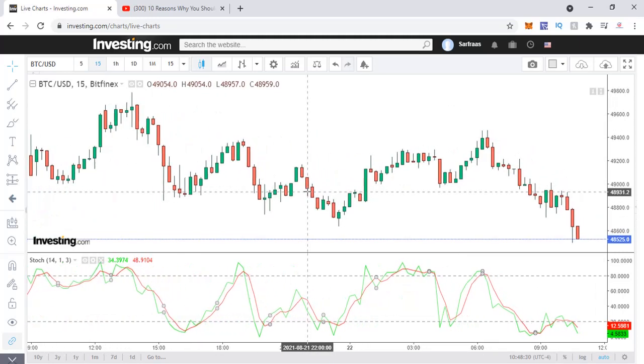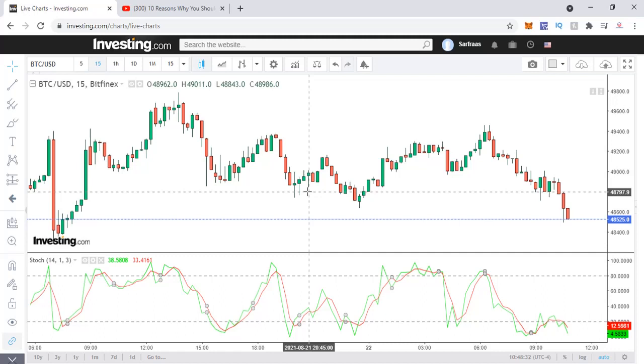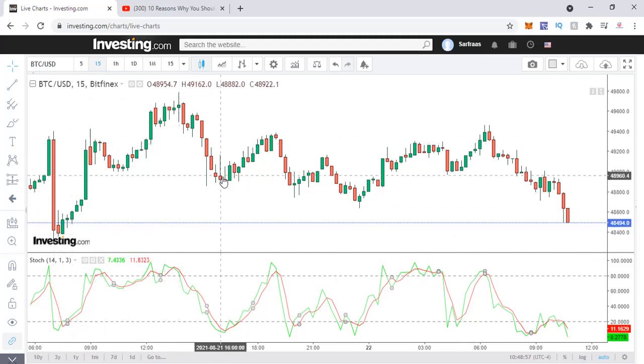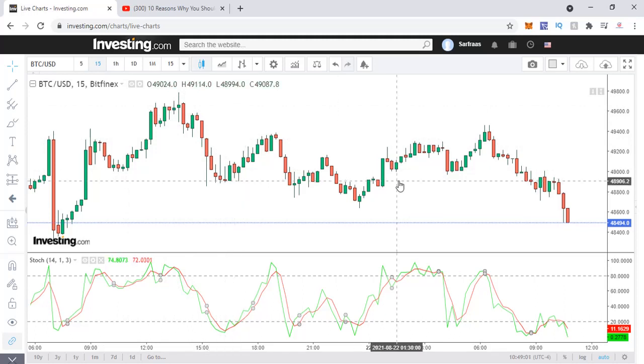So what is stochastic? Stochastic is basically a momentum indicator. What it does is it shows you the change in momentum. Typically you have a trend change, like from bullish to bearish. This particular oscillator picks up the finer changes, like when it is moving up over here, it's going to show you a buy signal. When it is falling over here, it's going to give you a sell signal.